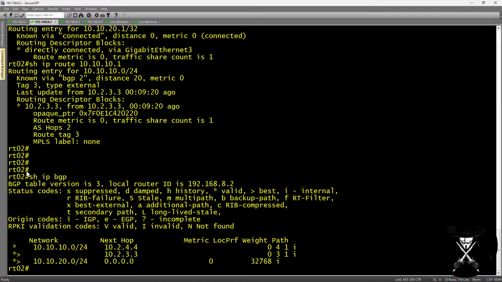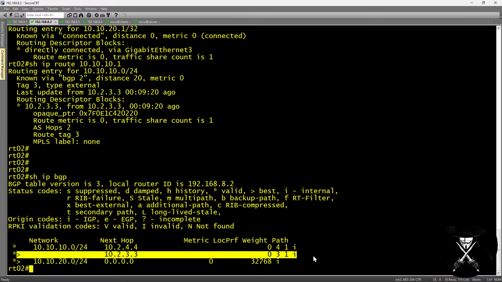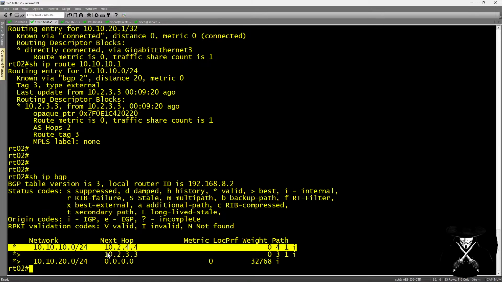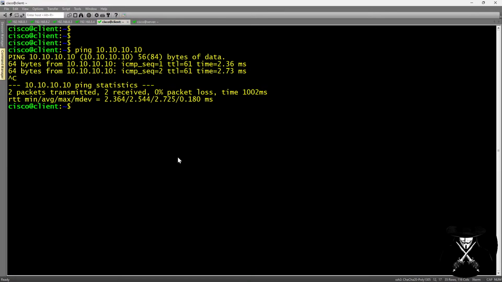So we can see here we have 2, and just expanding out on this on the BGP table. If we look at the BGP table itself, we'll see that for this network, we have 2 different available pathways. We have a pathway through router 4 and a pathway through router 3. And the one through router 3 is the one that is currently the best path available because of this little caret right here. So whenever you have that caret, that means that this next hop is where the traffic is going to go. It is the best pathway that is available. So the question becomes, what happens if that pathway becomes unavailable and traffic needs to go through router 4? So what we'll do is